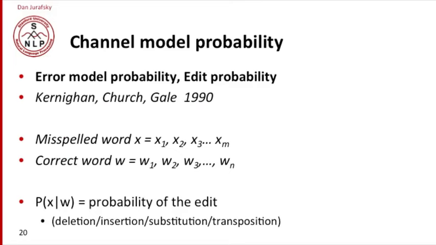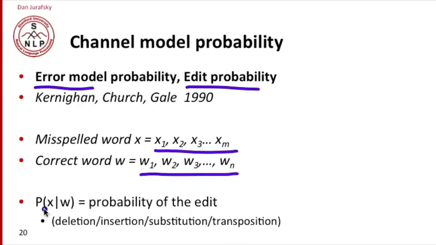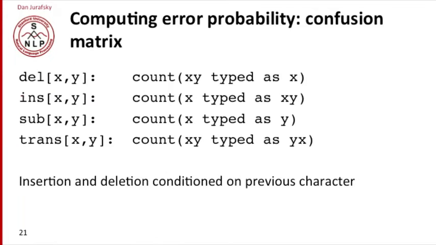How about computing the channel model probability? Remember, the channel model is also called the error model or the edit probability. And we're going to take a simplifying assumption made by Kernighan, Church, and Gale in 1990 when they first proposed the use of the noisy channel model. So let's first see how to do that. Let's assume the misspelled word X has a set of letters X1 through XM, and the correct word W has a set of letters, let's call them W1 through WN. Now the probability of the edit, X given W,